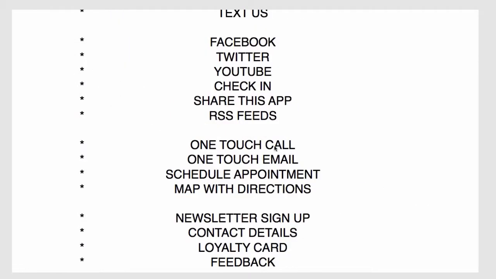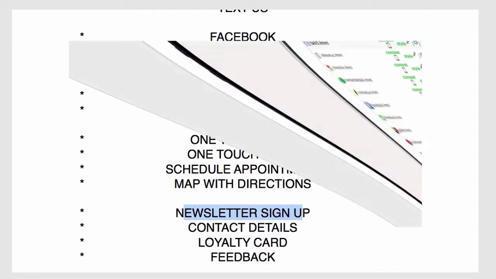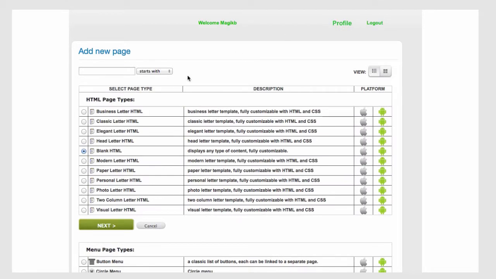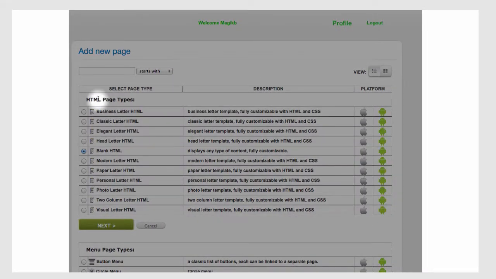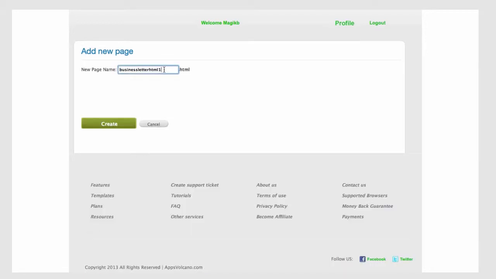And next feature, next page is newsletter sign up. To do it, add new page, choose any of the HTML page types. I'm going to choose the first one. I'm going to call it sign up, create,